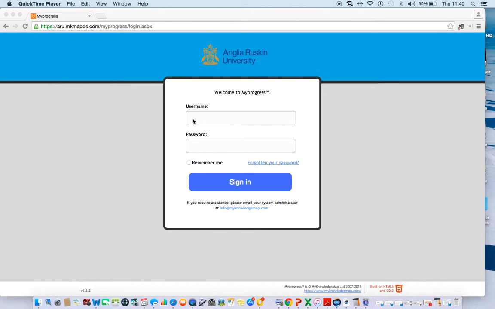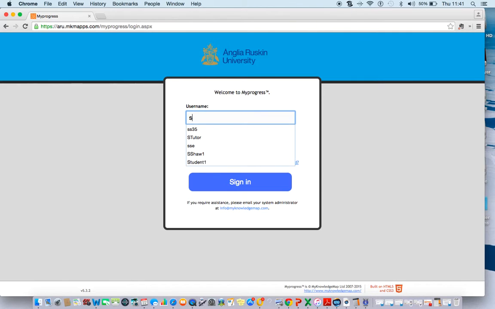The first thing you need to do is put in your username and password, exactly the same as you have been using on your tablet. You can have it remember you if you like. If you've forgotten your password, then you can reset it by going to the Forgotten Your Password link. Then we sign in,